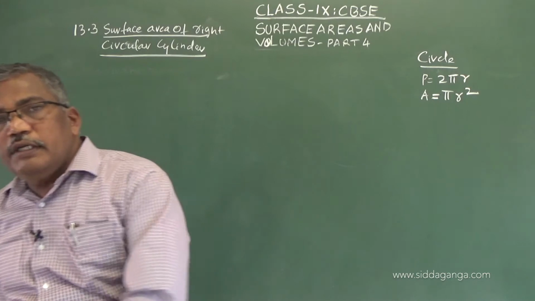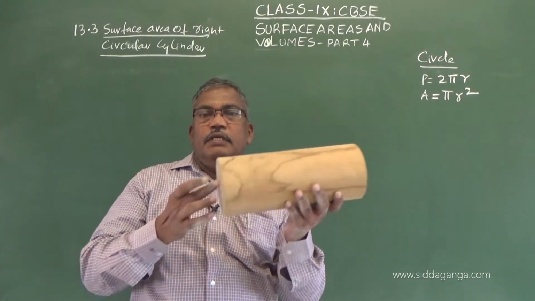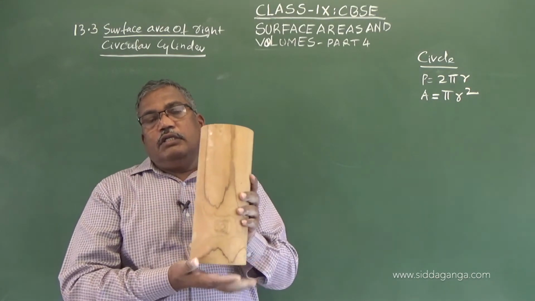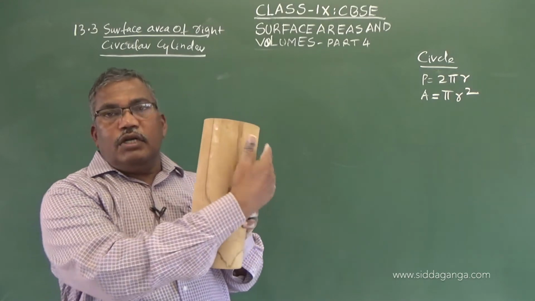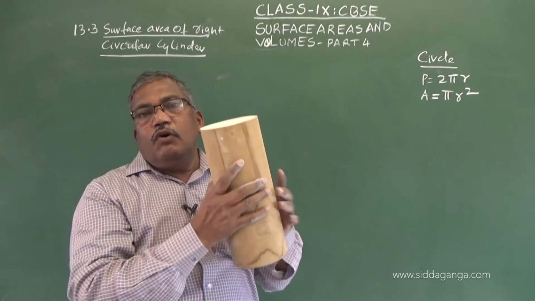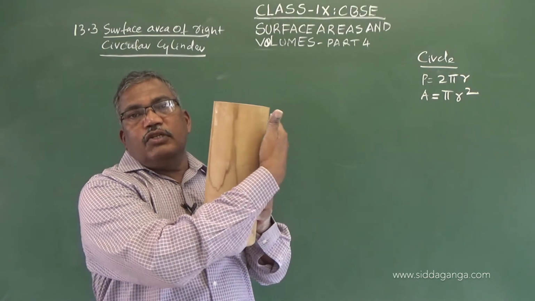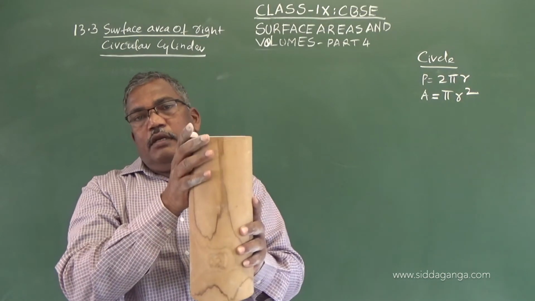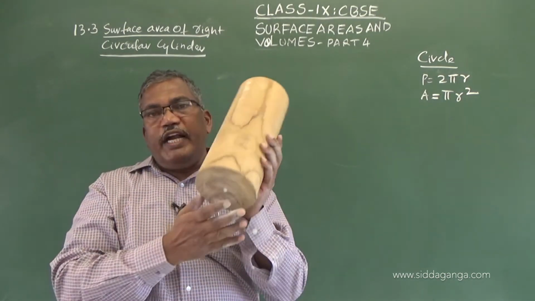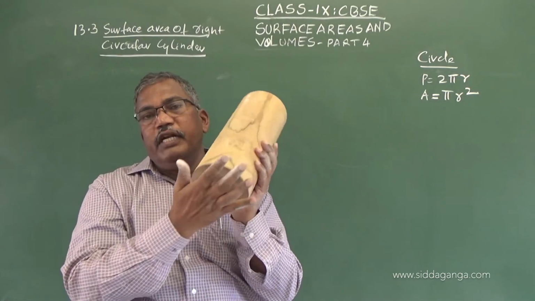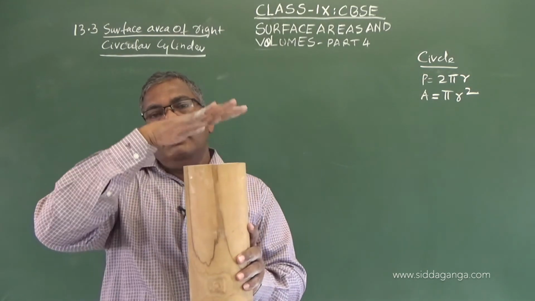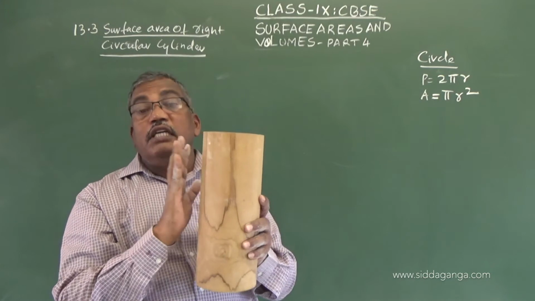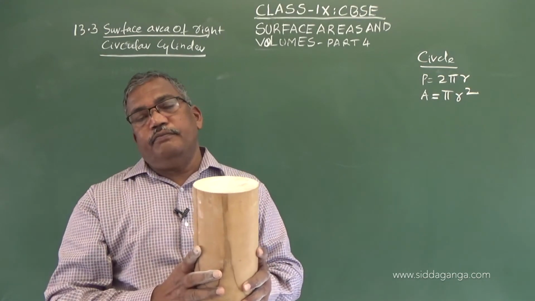Now you observe here, this is known as the right circular cylinder. See, in this case, if you want to calculate the outer surface area, so what we do is, first we will calculate this. This is known as the curved surface area. And the two ends which are circular in shape, we will calculate these two circle areas, and we add these two circle areas to the curved surface area, then we will get the total surface area.